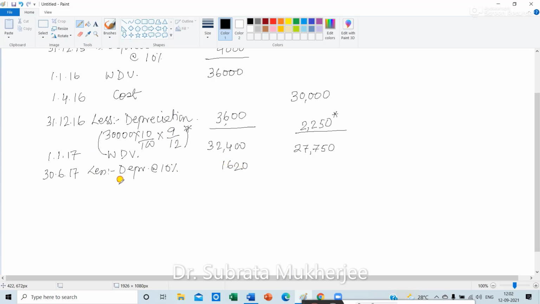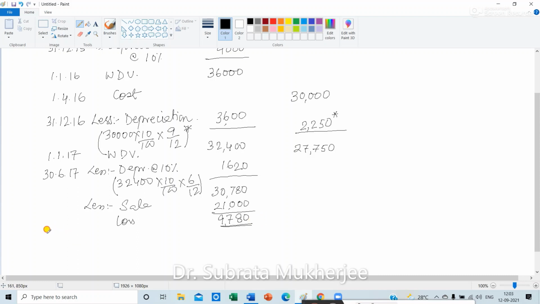1,620. So how did I arrive at this value? 32,400 into 10 by 100 into 6 by 12. This is the amount of depreciation that you need to charge on plant 1. After charging depreciation, the written down value is 30,780, and this was sold out for rupees 21,000. So you incurred a loss of rupees 9,780. So the written down value of plant 1 after charging depreciation on 30th June 2017 was 30,780. This plant was sold out for rupees 21,000. So you incurred a loss of